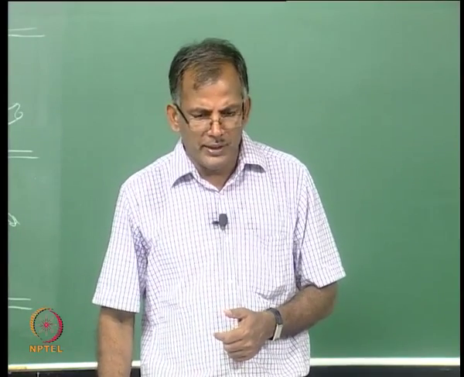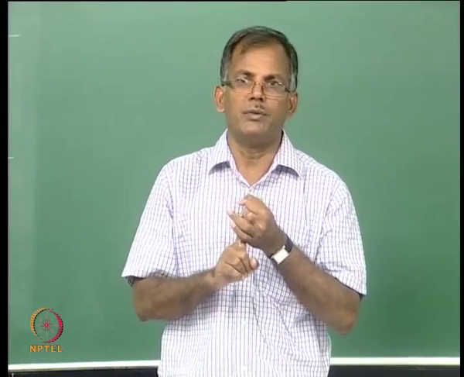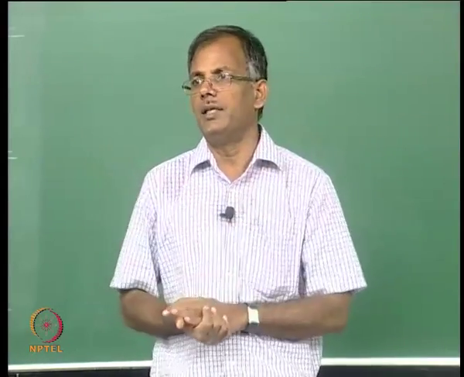But typically, leaving behind the uncertainty, a particular sea condition at a location can be described by a simple 2 parameters, wave height on one side and the wave period on the other side, and numbers indicating the number of times they occur. Now, if you look at it, the whole sea state has been covered here. Each time a wave height and a wave period is associated with a number of cycles, basically the energy in the sea condition.